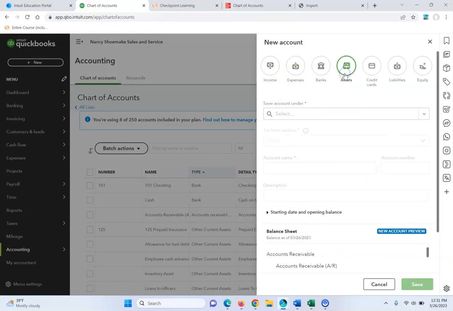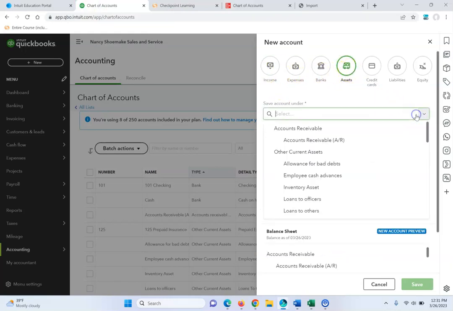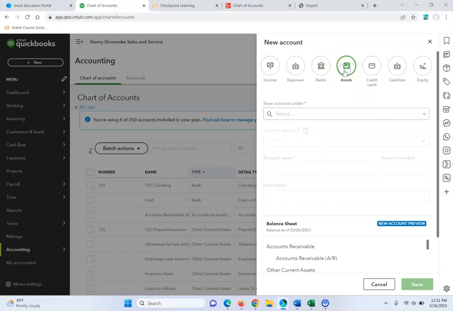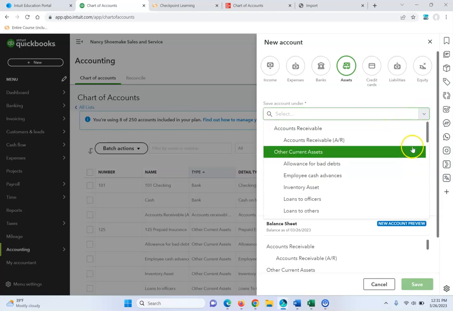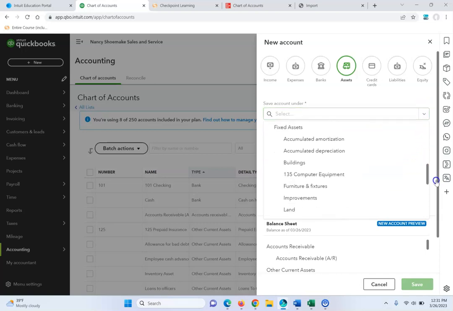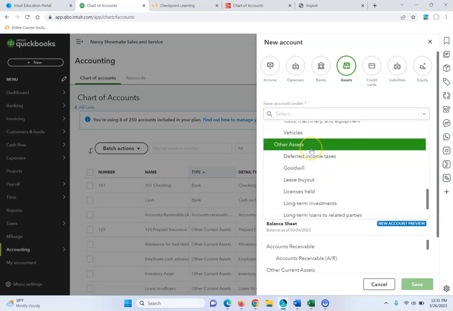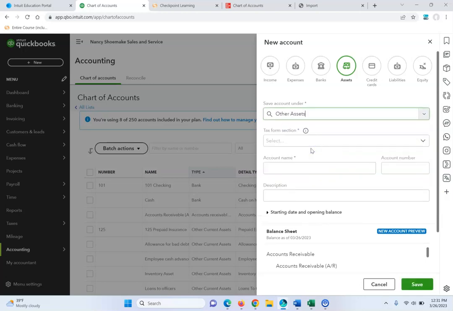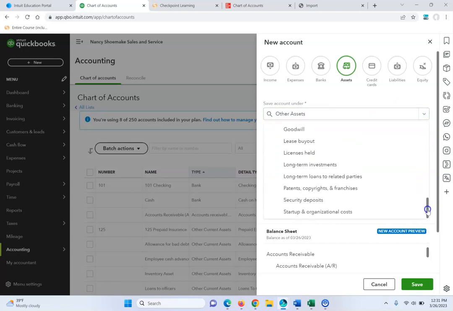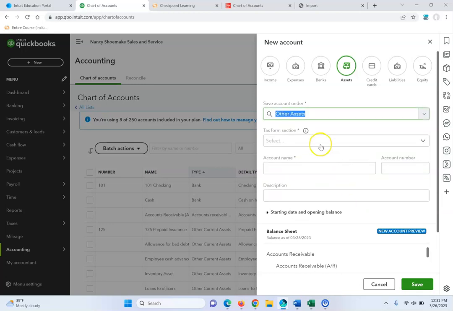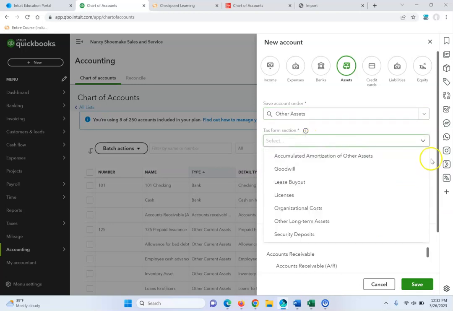So under Assets, under Other Assets, we're going to find prepaid expense,